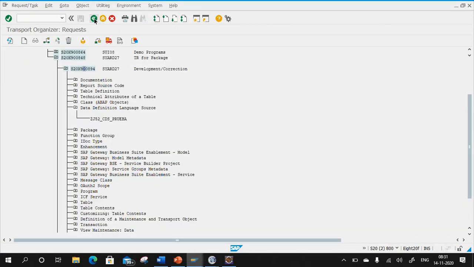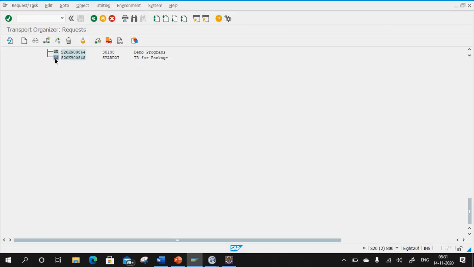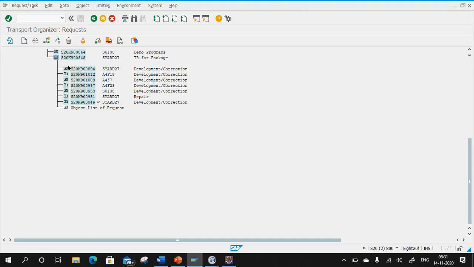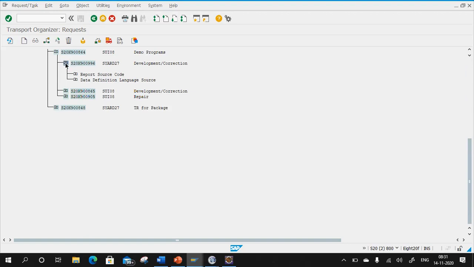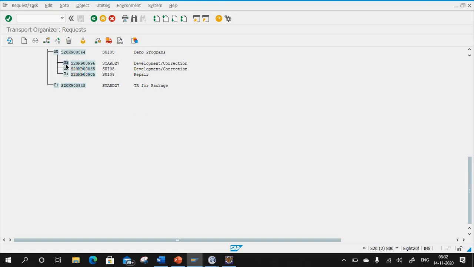So whenever I capture the same in my TR, it stores only your CDS view name and nothing else. Got the point? See here, in this task for this TR, it captures only your DDL source name. Apart from the DDL source name, it will not capture your SQL view or your CDS view entity name separately.